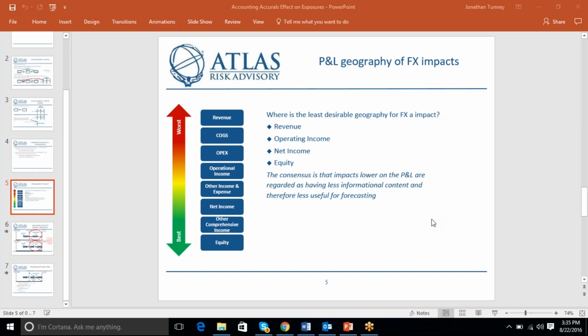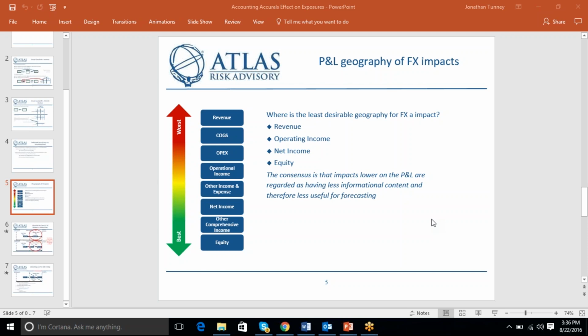Today we're going to be talking about the geography of P&L impacts related to foreign currency movements, and we want to begin with the presumption that the lower on the P&L that income statement impacts can be realized, the more desirable that is. So if you don't operate under that premise, none of the following that I'm about to tell you holds true. But for the sake of argument, let's just assume for a moment that the CFO in your company is most interested in having